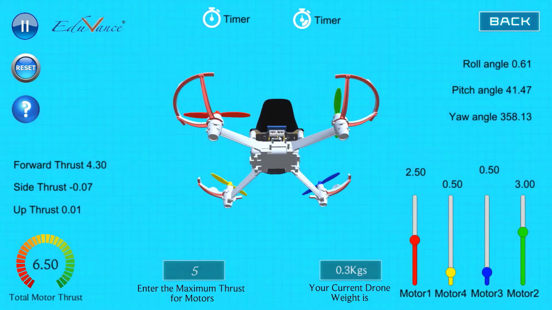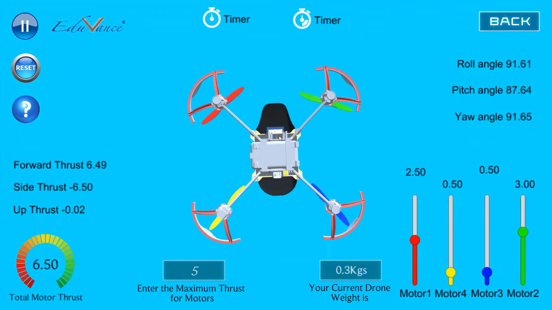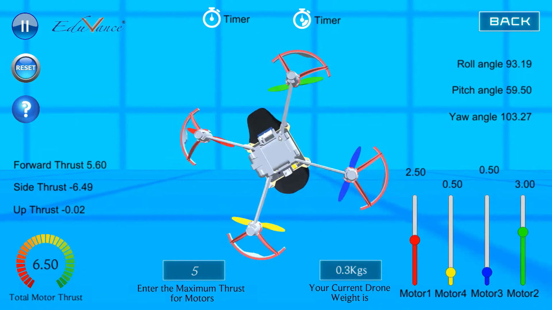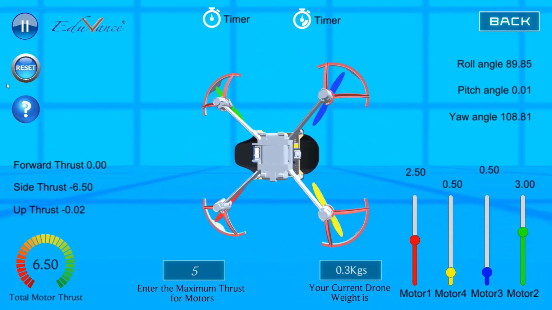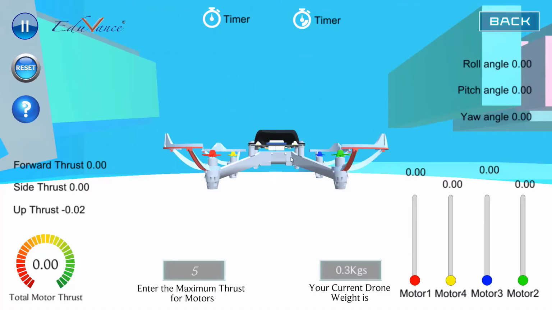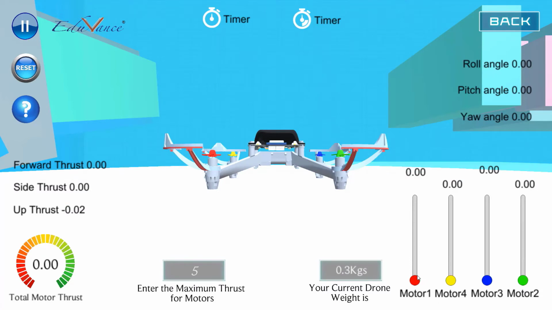Since I have not stopped it, you will see that the drone will continue to rotate without stopping, and the collision part is okay. Don't worry about the collision. Let me reset. So observe this carefully. When I increase motor 1 and motor 2 and I keep it that way, you will see that the drone continues to pitch forward and it continues to rotate. Now the question is, how do we stop that? Let us look at that.